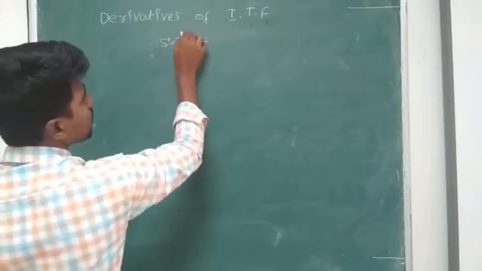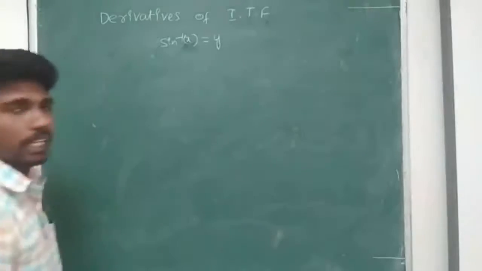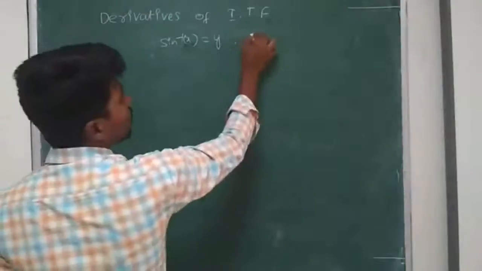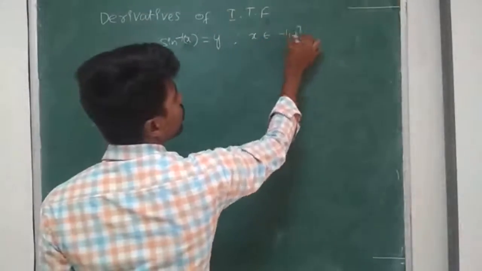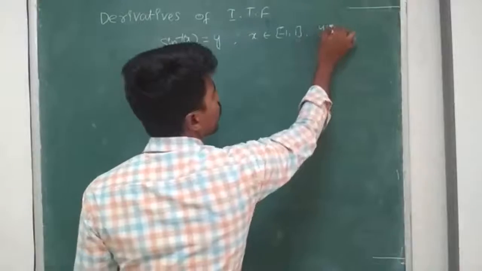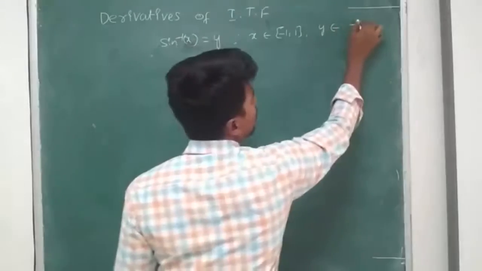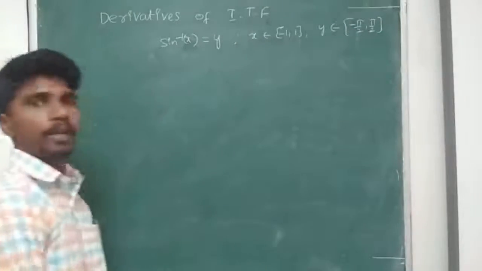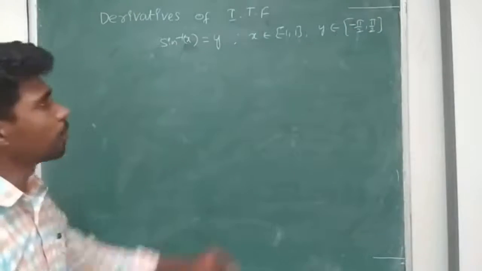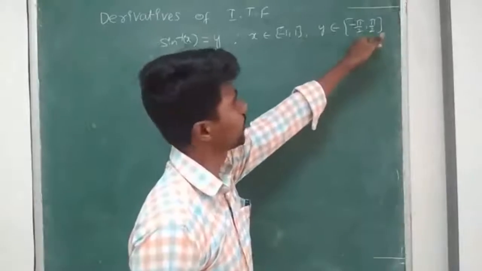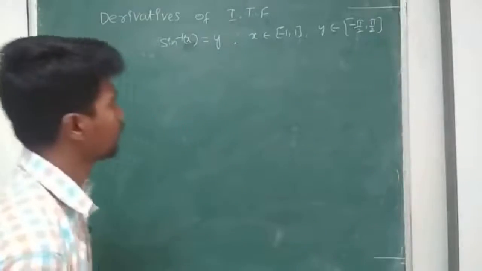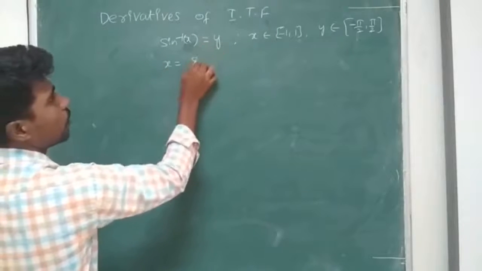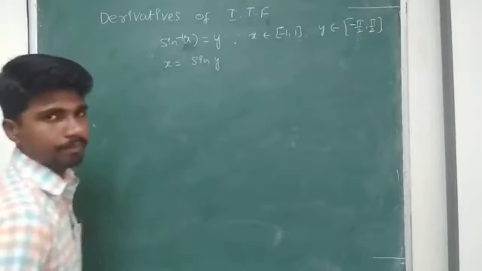Take it as y. Sin inverse x is a function y, and its domain is x belongs to minus 1 to 1. Its range is y belongs to minus pi by 2 to pi by 2. Right? So minus pi by 2 to pi by 2 represents the first quadrant and fourth quadrant. Remember. Now if I want to find its derivative, I get x is equal to sin y, and